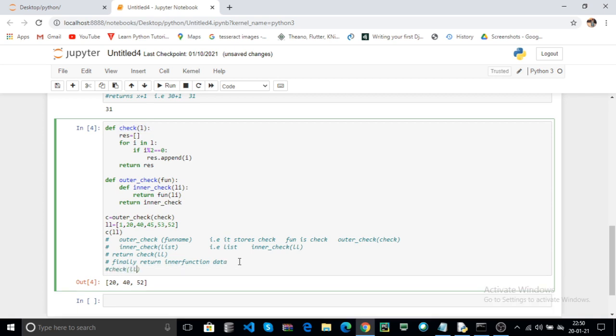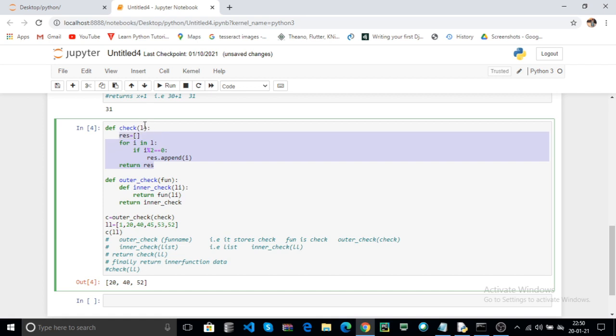Check of ll is called. Here in the check of ll, l is replaced by ll. Now the check of ll contains the list. Here ll is moved into l. Here the function parameter is used anywhere in your code.